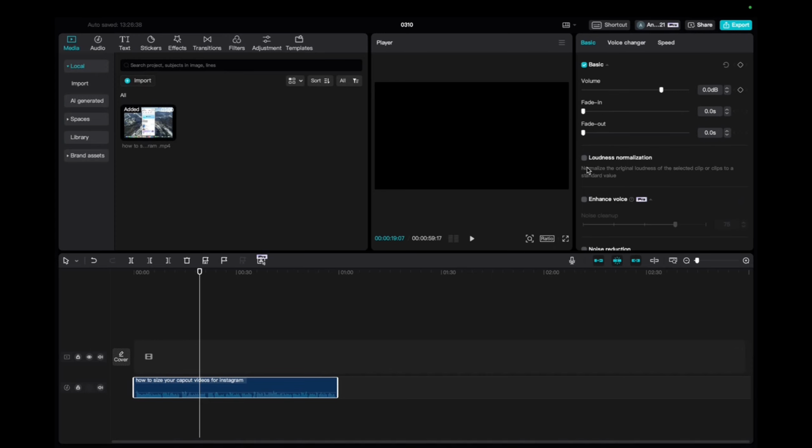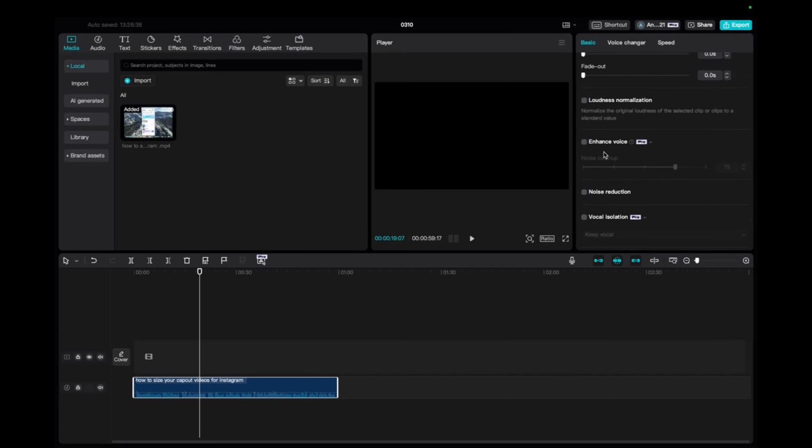And now we have loudness normalization, which does normalize the original loudness of the selected clip or clips to a standard value. I don't really use this as much, but I do use voice enhance for every single tutorial on